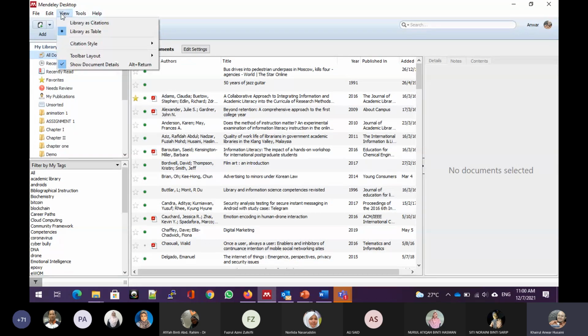So again, you can click on this toolbar layout, and you can use as a show text, and also you can go to tools, and from these tools you can have an option to install web importer. You can also install this Microsoft Word plugin, and you can get this Mendeley Cite button, which is the latest update on Mendeley. But to use Mendeley Cite, you have to be online to cite, because Mendeley Cite will automatically link